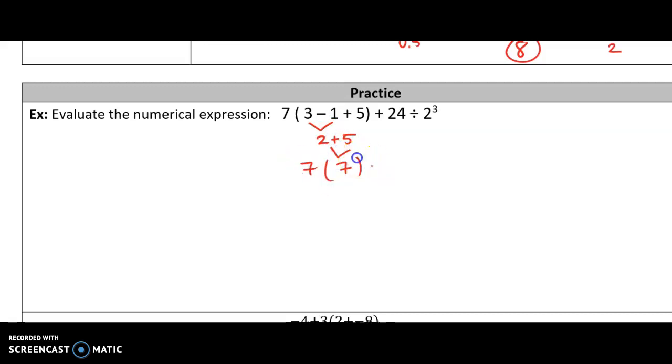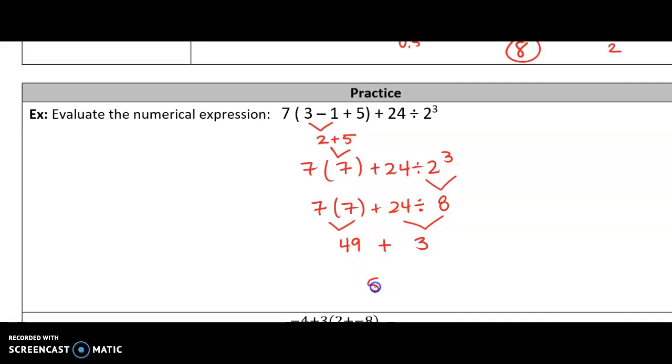So I have 7 times 7 plus 24 divided by 2 to the third power. Now I'm going to do my exponents. 2 to the third power means 2 times 2 times 2, which is 8. So 7 times 7 plus 24 divided by 8. Now I'm going to do my multiplication and division from left to right. 7 times 7 is 49. 24 divided by 8 is 3. And last but not least, I'm going to add 49 plus 3, which is